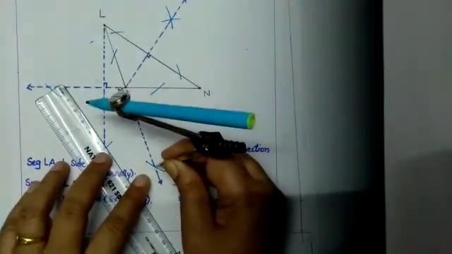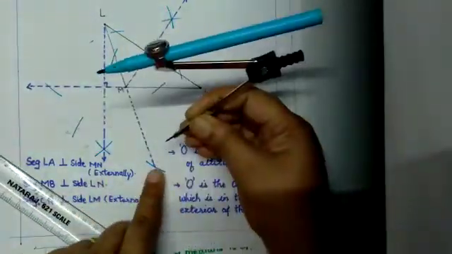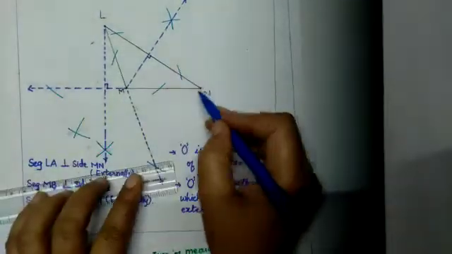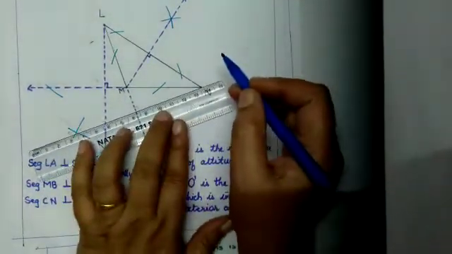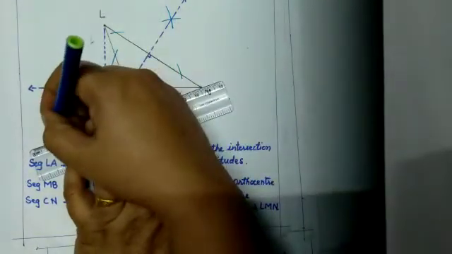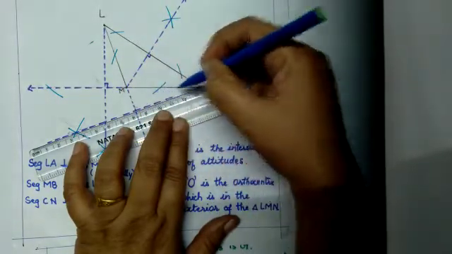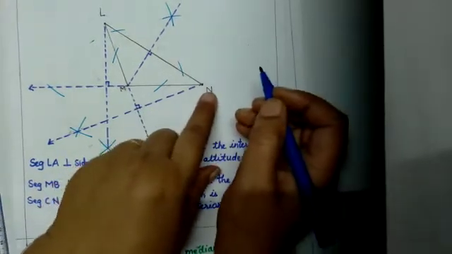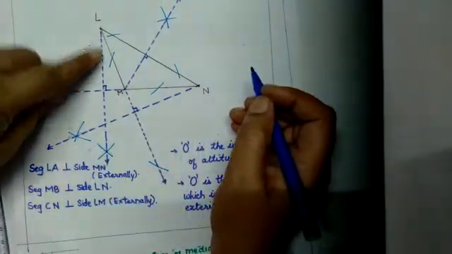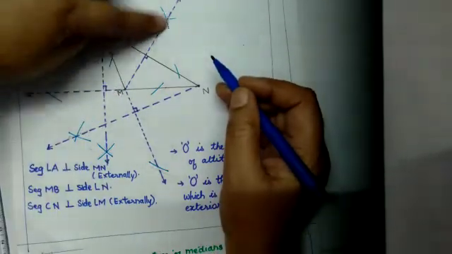Now we will draw the intersecting arc from this first arc and from the second arc. So where is the point of intersection? This is the point of intersection, and now we will join N to this intersecting arc. So here also we will draw a dotted line and we will join point N towards this intersecting arc. Now what we have done? We have drawn from N one perpendicular, from L one perpendicular and from M also one perpendicular.